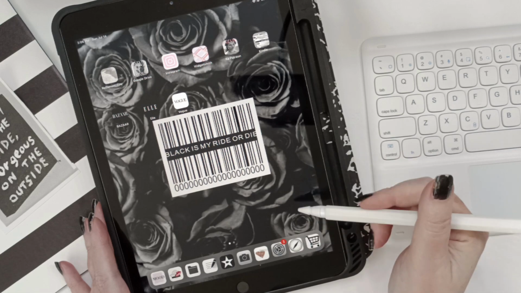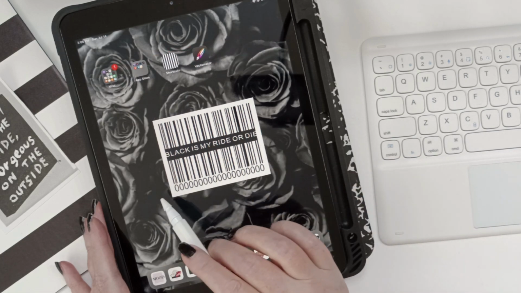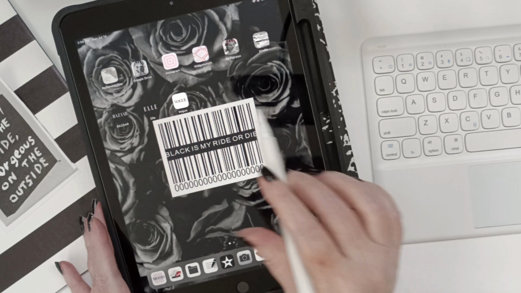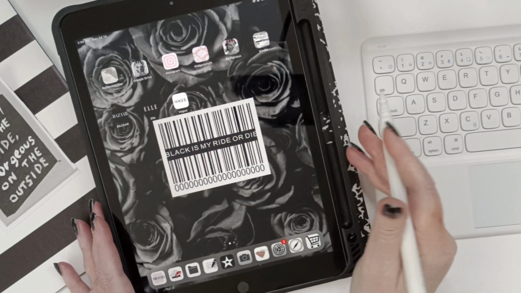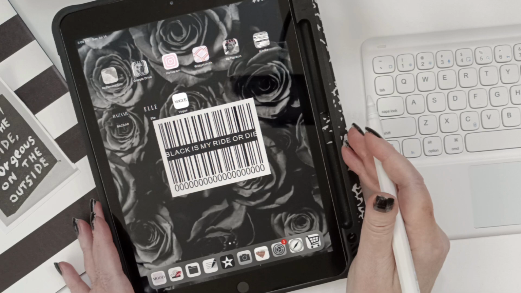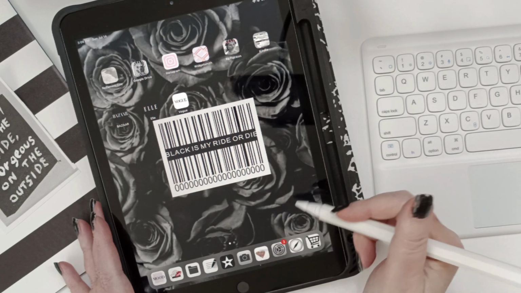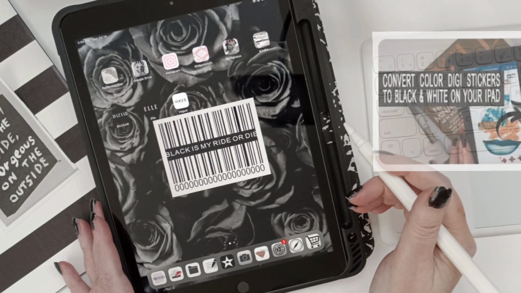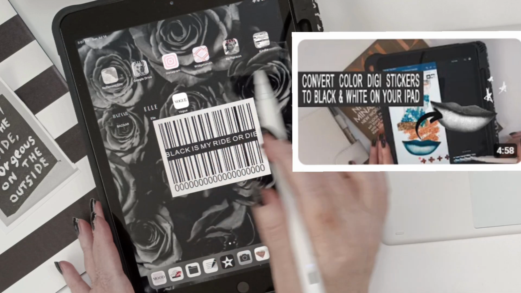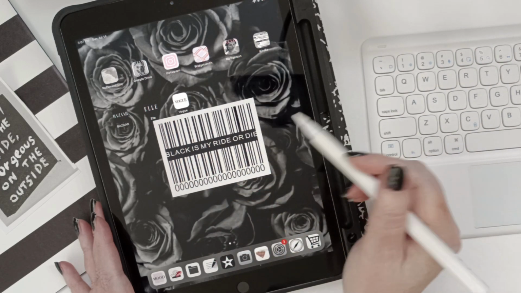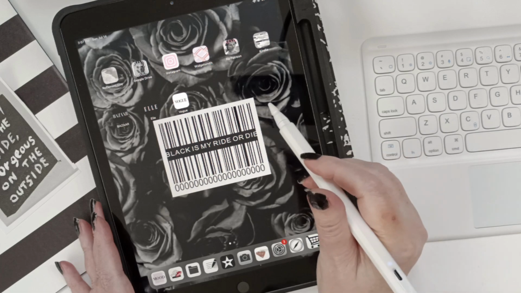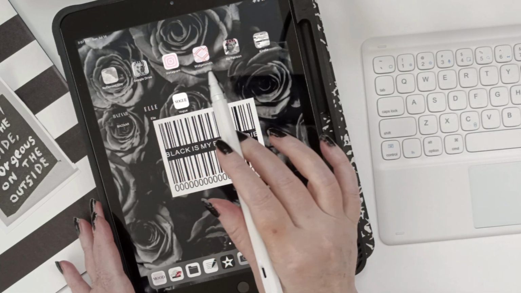I'm pretty minimal when it comes to my iPad, kind of like my planner. So I like just the minimal look, but in the customization video, I show you how you can use your own images and make it your own. So you can also watch my color changing video on how to change colors on the iPad editor for all of these photos. So if pink isn't your color, then you can change that to black and white or whatever